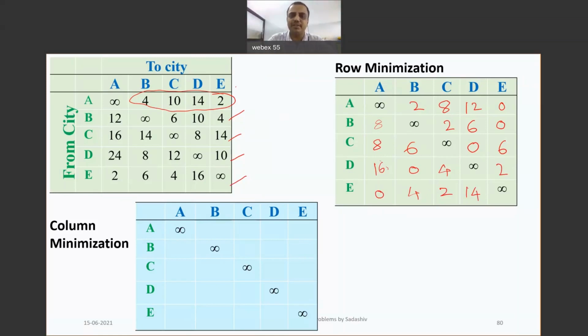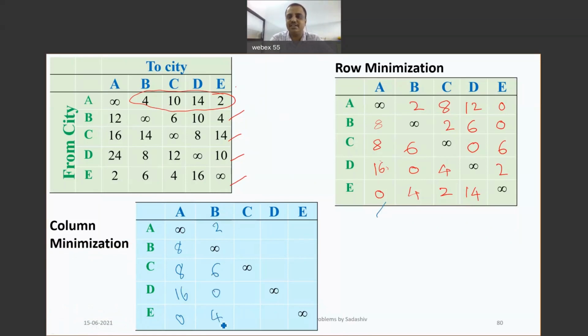Okay, now we need to go for the column minimization. Once we finish with the row minimization, then we go for the column minimization. In the column minimization, we check from each column which is the minimum number. In the first column, what is the minimum number? 0 is the minimum number, so no need to think about that, just write the numbers as you have them. And in the second column also, again it has a 0, so no need to change this,